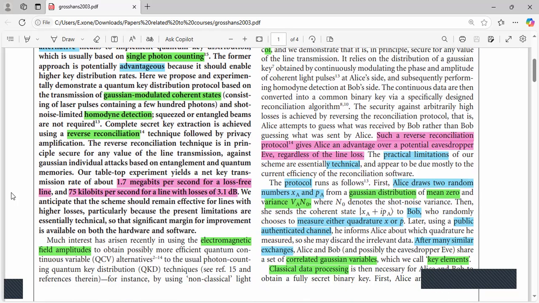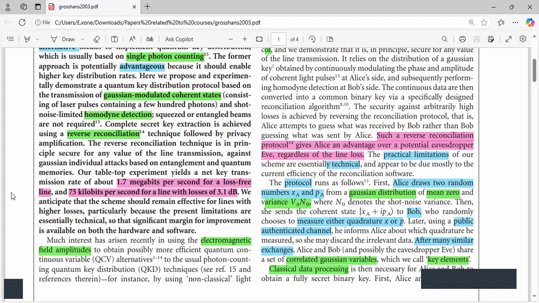This technique has much more advantage over the direct reconciliation technique, often called DR, in which Bob has to estimate what Alice has sent. The authors are saying that the RR technique, the reverse reconciliation technique, is much more advantageous over DR because it is much simpler